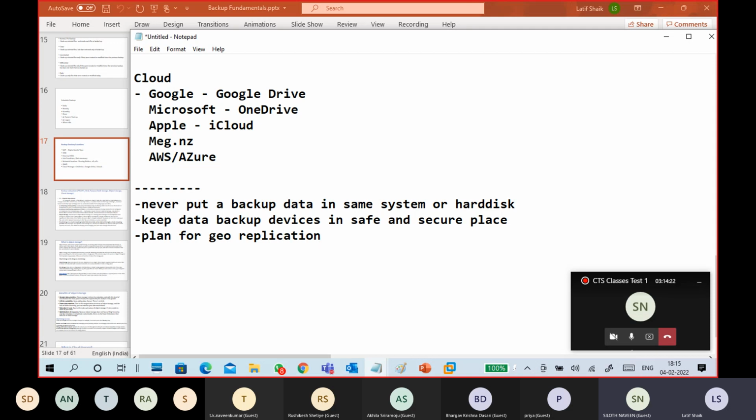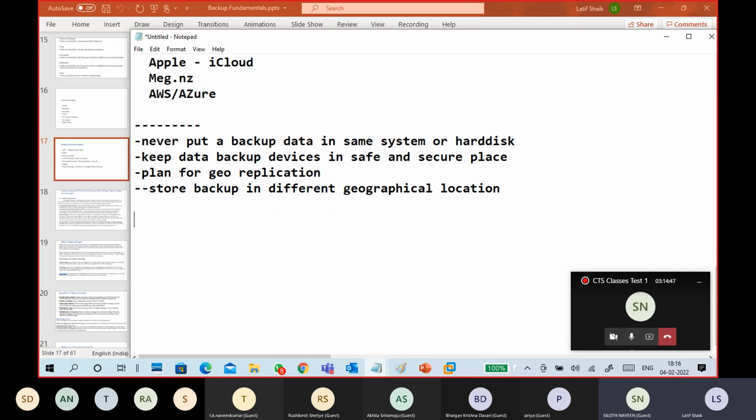Geo-replication. What is geo-replication? It is storing backup in a different geographical location. Okay, so for example, guys, there is a story of